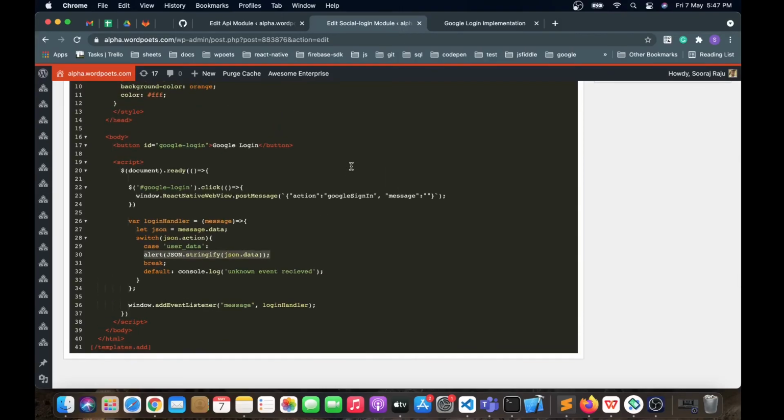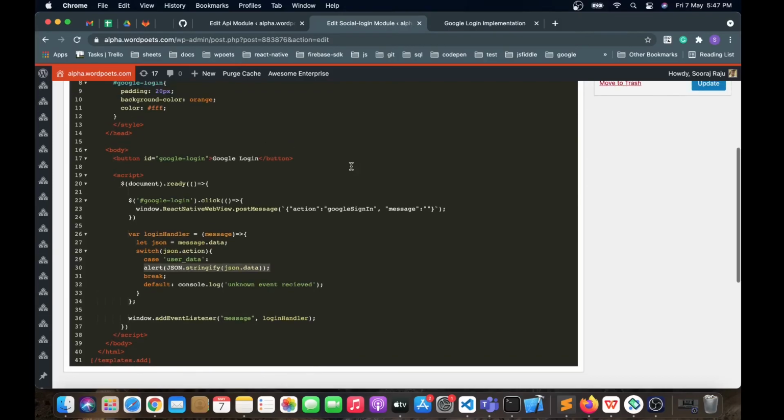In this way, you can authenticate your user. What we have done here is communicate to the React Native application through a post message, and once the React Native application has authenticated the user, it sends the data back and we capture it in this listener handler.